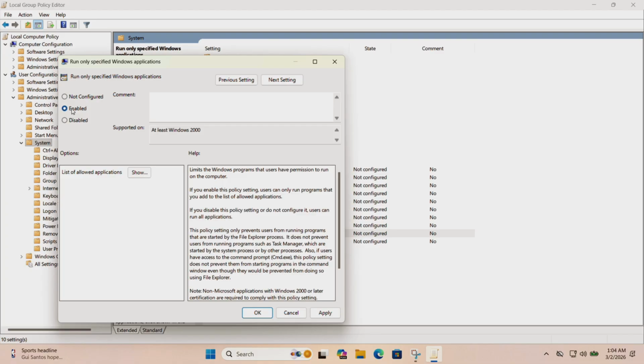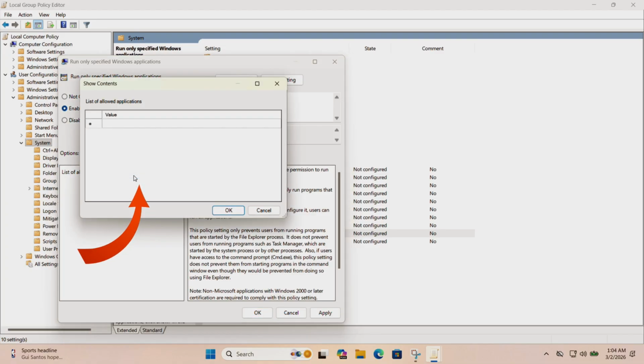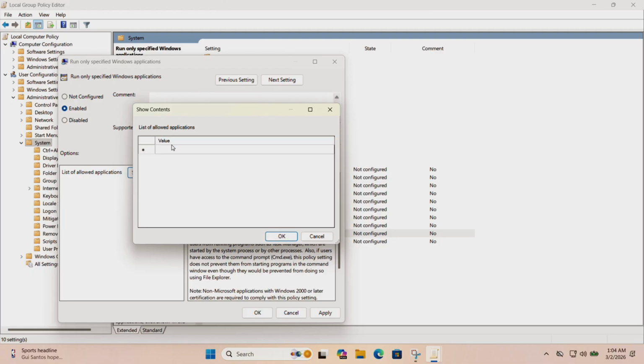Step 5. Select the Enabled option. Click on the Show button. Step 6. You will see a list where you can enter the names of the applications that users are allowed to open. Enter the application names with their extensions, for example, .exe. You must allow important system applications such as Explorer.exe,